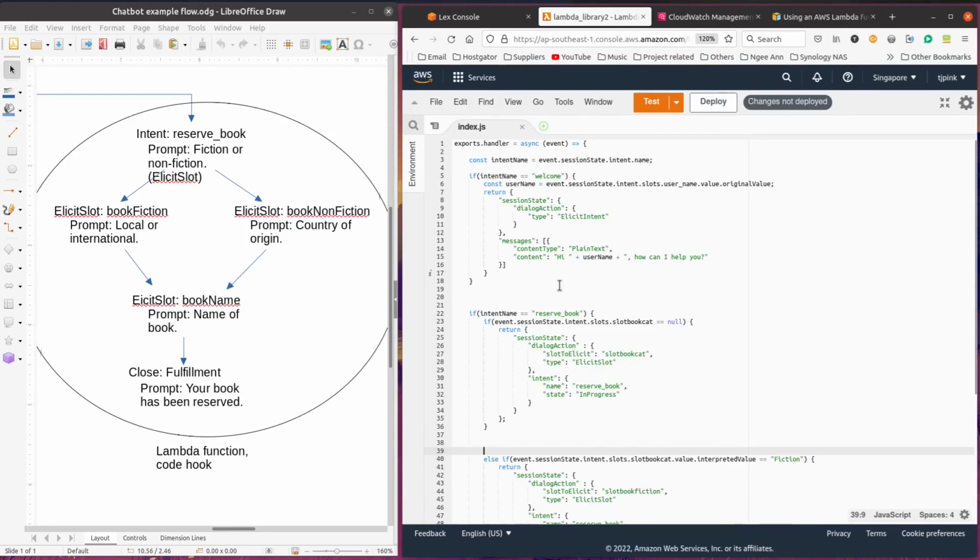Okay, we can have an if: event dot session state dot intent dot slots dot slot book fiction